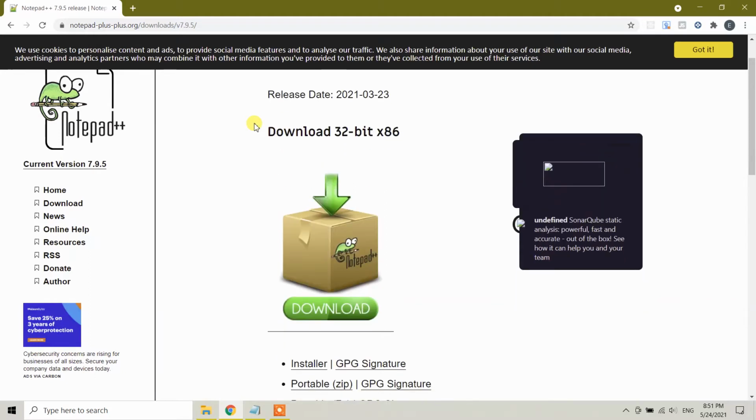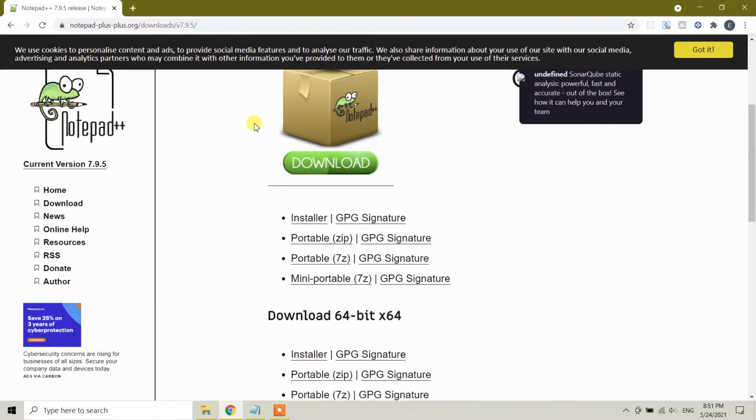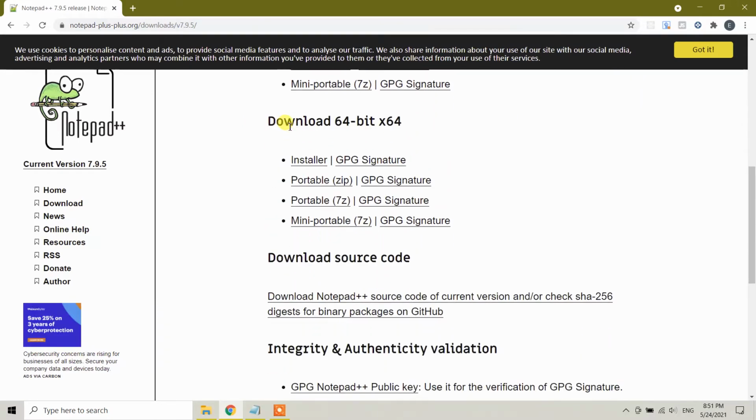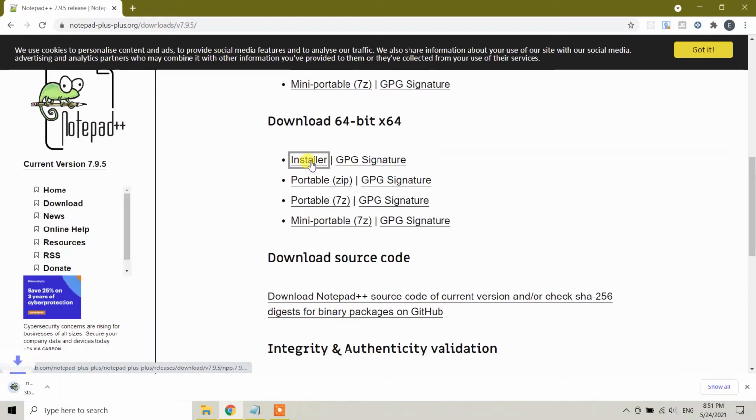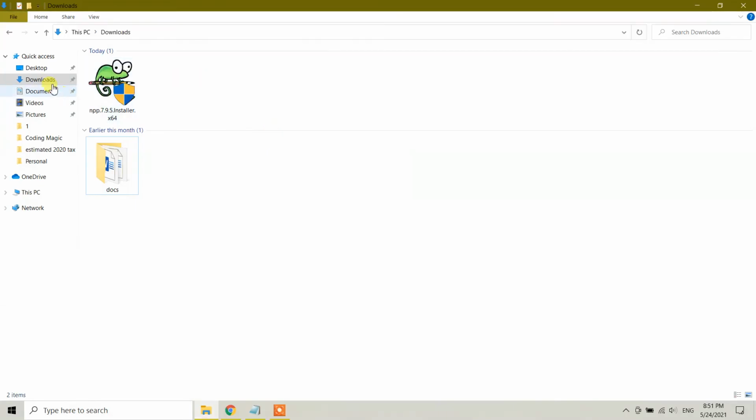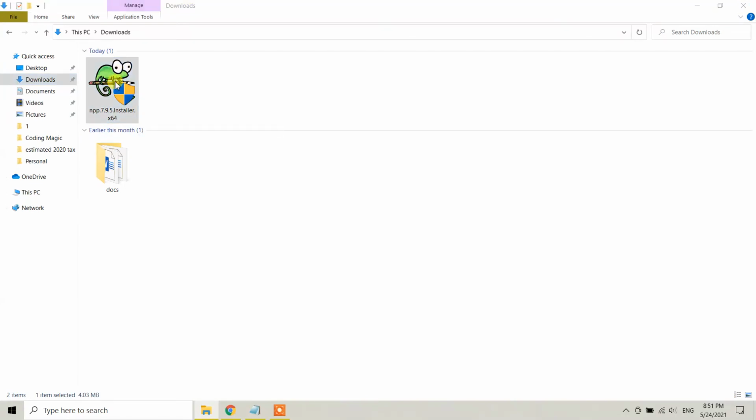So right now my Windows 10 is 64-bit, and here I'm gonna choose download 64-bit, and I'm gonna use the installer, which is an .exe file. Click on installer, and it is 4 MB, very light. And go to your downloads, and you will see this executable file. Double click